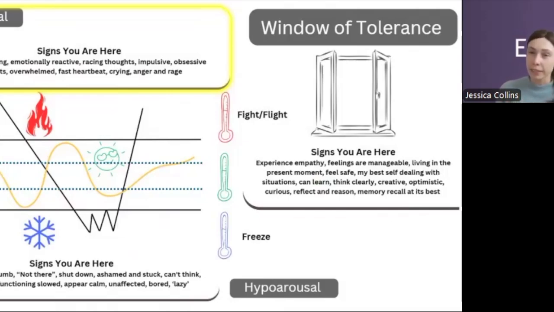There's a fastness or an urgency to their movements and their presence. So they might be really fast in their speech. They might be breathing really rapidly. Everything, again, feels really fast and urgent, disproportionate to the context that the person is in. They might experience difficulty concentrating, because we know that our concentrating, thinking brain kind of goes offline when we're in a fight or flight mode. So they might not be able to concentrate.